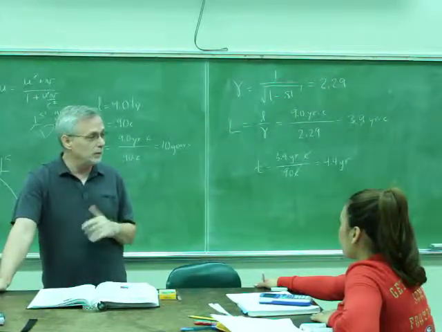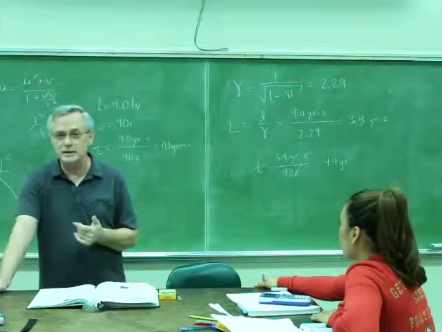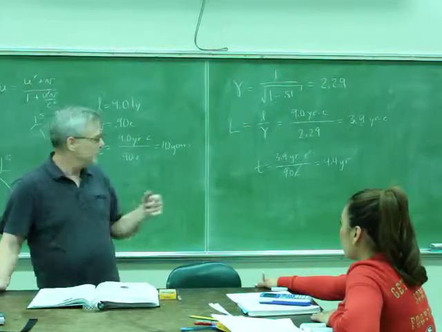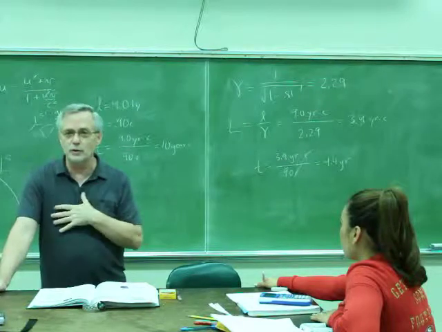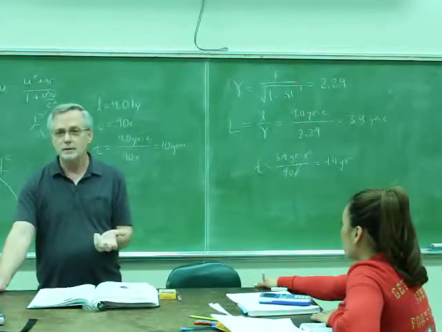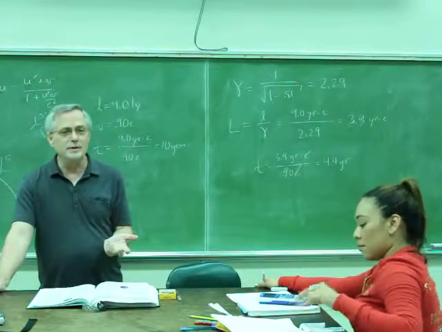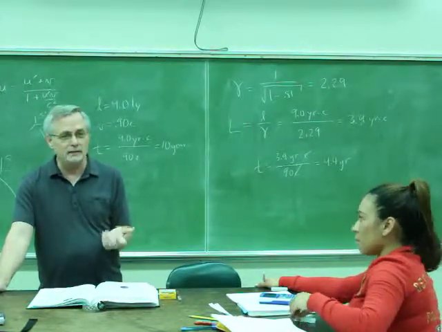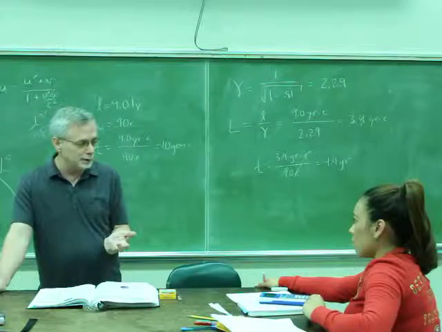I'm not even kidding. What did you do with those other 5.6 years? That the people on Earth thought it took you, but it only took you 4.4. Did you enjoy 5.6 years at the same age? No, they never happened. And that's what's weird. They never happened. You didn't feel like you stayed young longer.